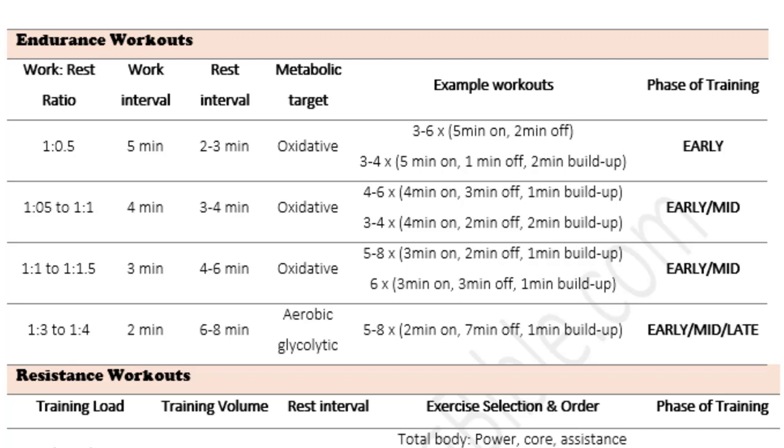Now, in general, workouts at the top of the table are scheduled earlier in the general prep phase. Workouts lower in the table should be scheduled in the middle and later stages of the general preparatory phase. Now, what you'll notice is that the work interval is longer at the beginning of the general prep phase and it gets shorter as you go along. In this way, you increase intensity across the general prep phase, and the rest interval also actually increases. The one exception to this is the last row here, which features a work to rest ratio of 1:3 to 1:4, which we use across the 6-month general prep phase as well.